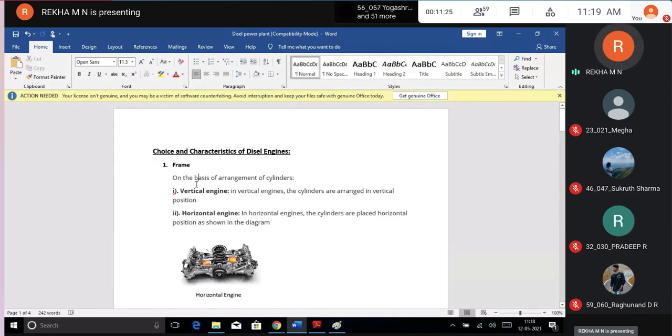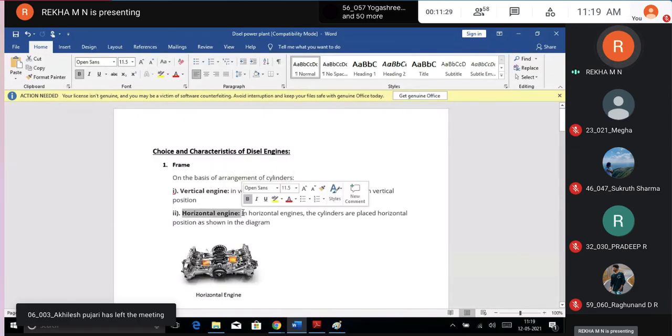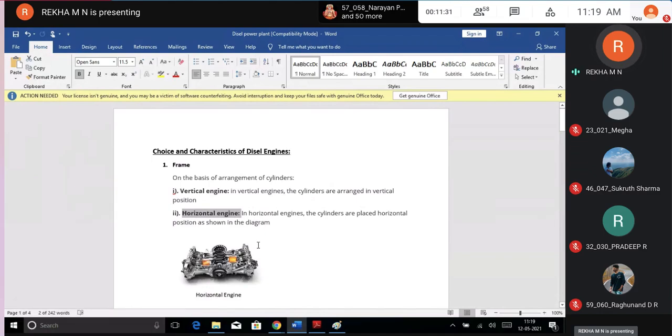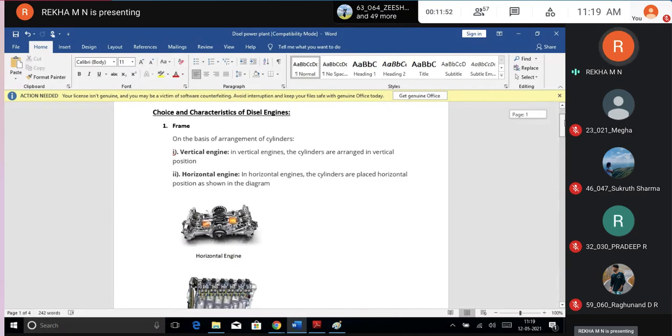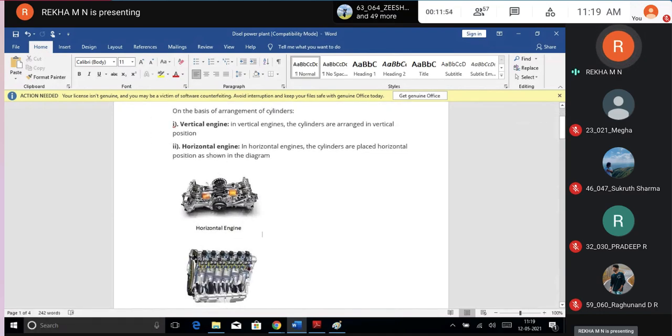What are the things that I told? Frame I told, either it can be vertical or horizontal. Only two kinds, no. Actually, many kinds are there, like V-shaped, W-shaped, wedge-shaped. So many kinds are there, students. It is not in the textbook by Soni Gupta. So accordingly, I'm just going up with the syllabus and the previous contents that they have used, and I have modified it a little and just included more. So you can see this and remember the things, students.